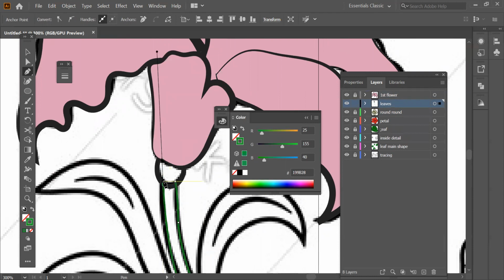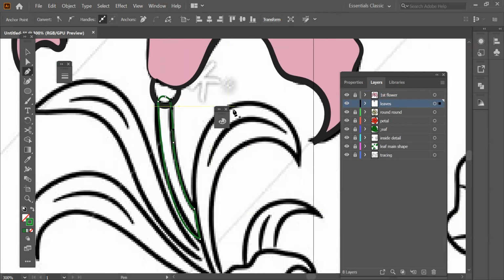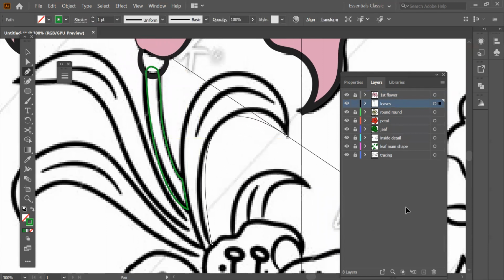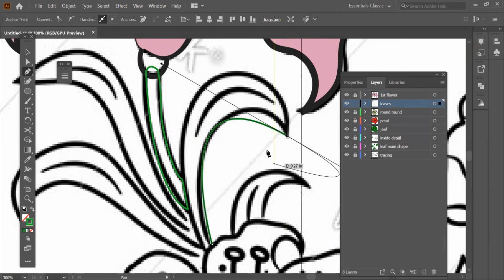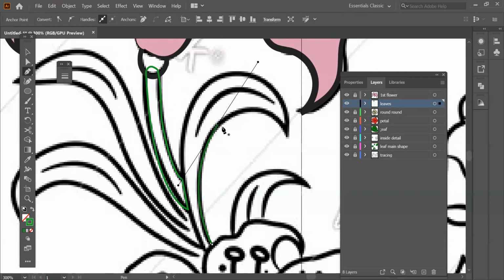Just get this one, hold alt and break it. And see, even if the overlap doesn't matter, right? Because you can do the bring to front thing. Here, then let's draw it with the pen tool itself. Okay, a little bit longer I've taken. Alt and break it. And now alt and break it.